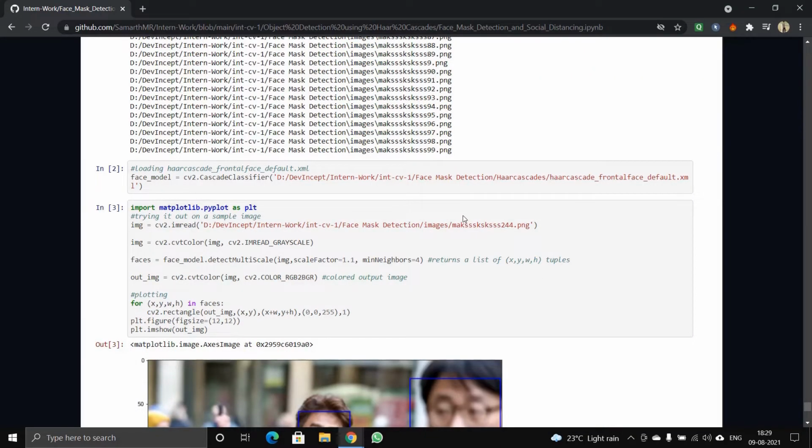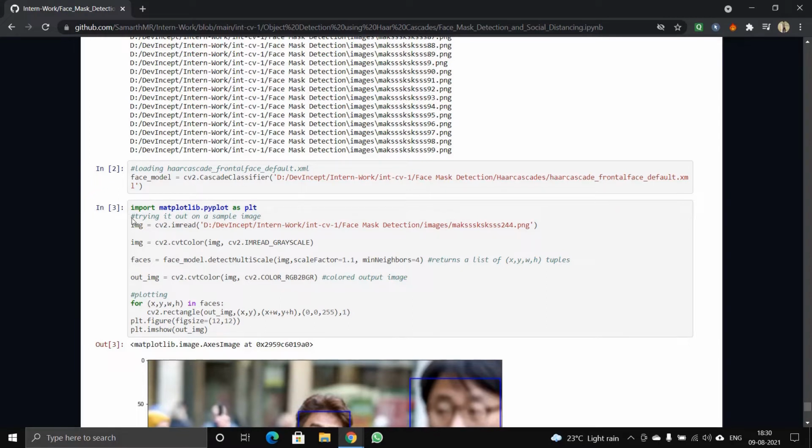Okay. So the next step is to load the haarcascade_frontalface_default.xml file. Here we use cv2.CascadeClassifier, which takes the frontal face default classifier model as the input, and it is given to a variable called face model.